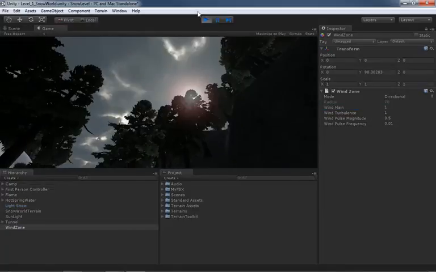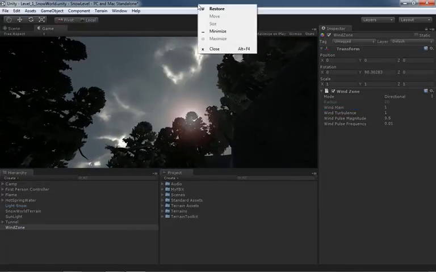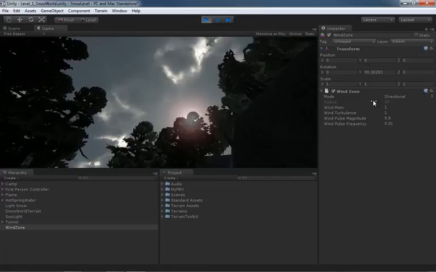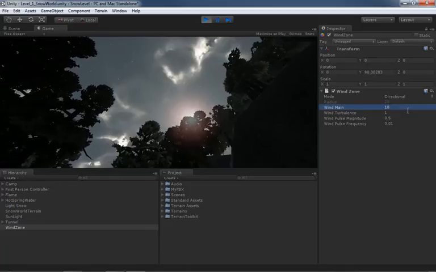What I'll do is I'll get us to look up at the trees, and then I'm going to right-click up here in the title bar. The only reason I right-clicked is just to pull focus away from the viewport, because now I can come over here to the inspector, and I can change all the properties I want on the wind and just see the response. So if we take wind main and set it up to, like, 10,